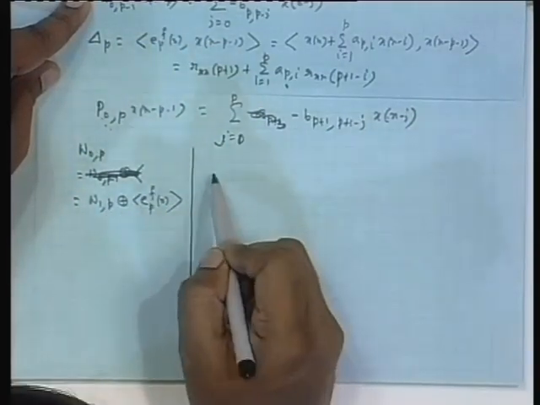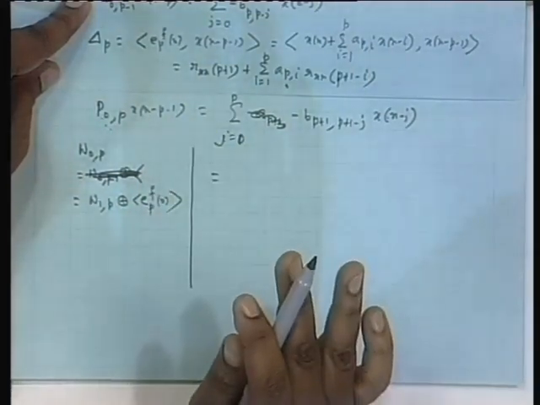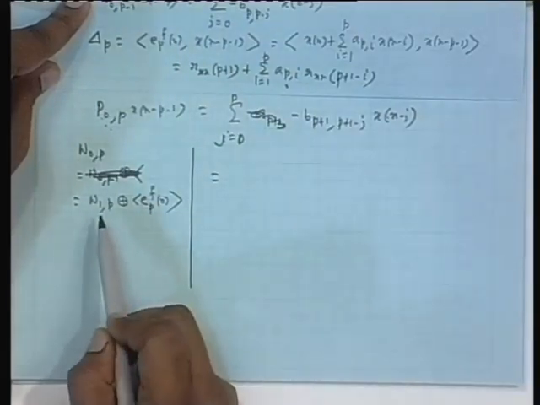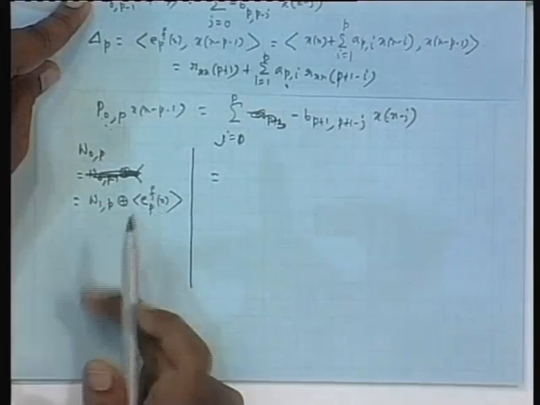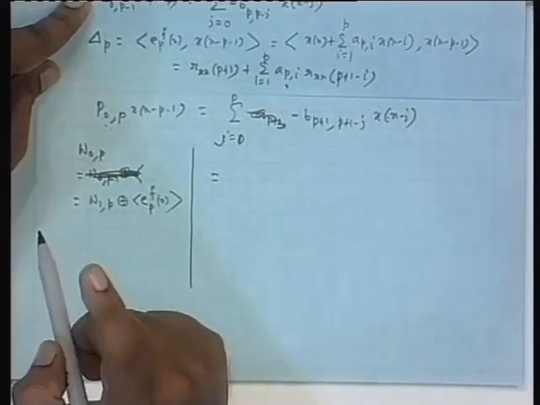Projection here means, if you now call again n minus 1 as n prime, that means W 1 comma p is nothing but, in terms of n prime, W 0 p minus 1. W 1 comma p means span by x n minus 1 to x n minus p. If you call n minus 1 as n prime, then x n prime up to n prime minus p plus 1, that is 0 to p.